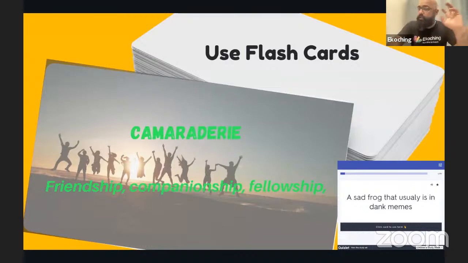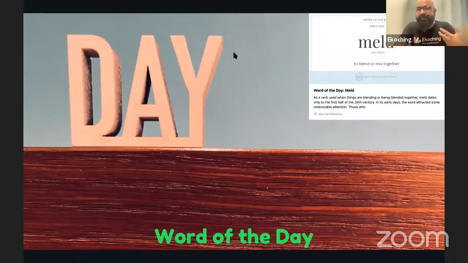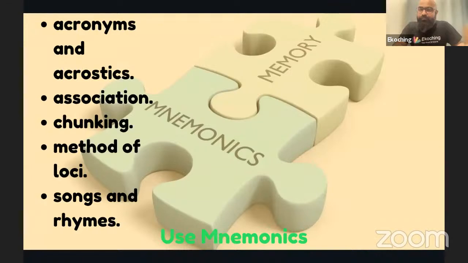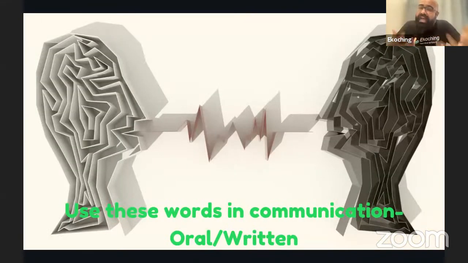Friendship, companionship, fellowship. And when I teach my students, this word in the form of a mnemonic is like you can relate it with, let's say, those two friends who share kamra and dari with each other, shares a good camaraderie. Remember your hostel days, right? So those friends who share kamra and dari with each other share a good camaraderie. That's the kind of association which you can use as far as mnemonics are concerned. So that's the next way, or the next thing, how you can try to get into vocabulary building, remember the words.